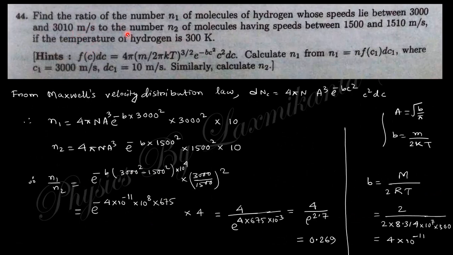Find the ratio of the number n1 of molecules of hydrogen whose speed lies between 300 to 310 and n2 between 1500 to 1510. Okay, so you know the Maxwell distribution law for n1 equals like that and n2 equals like that. You can see here, that is